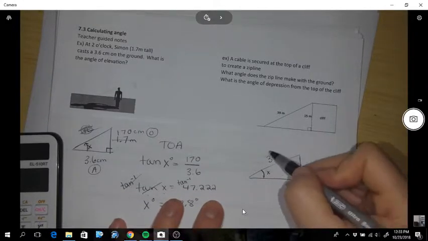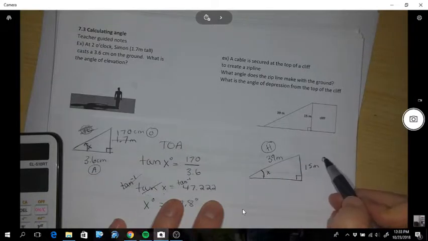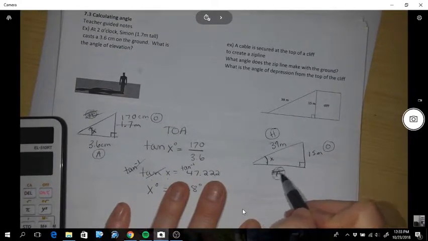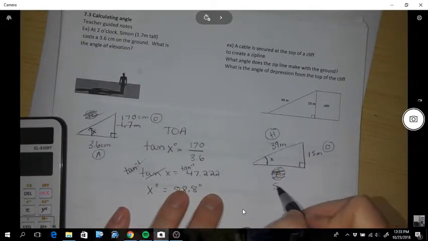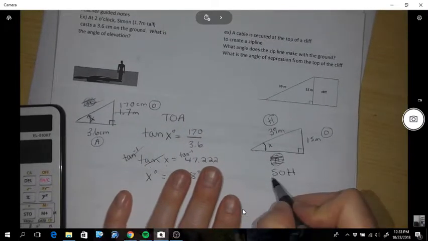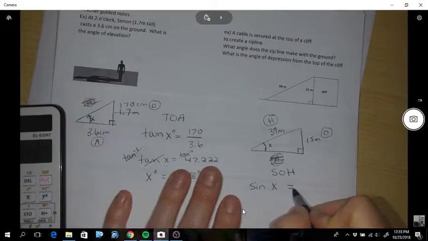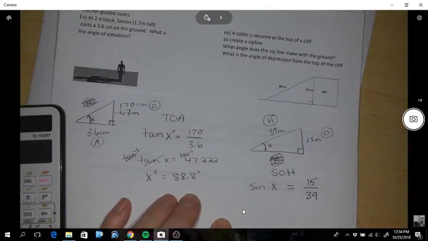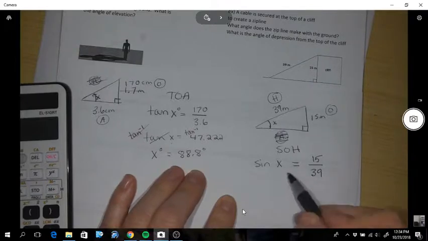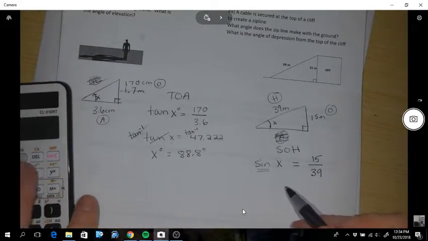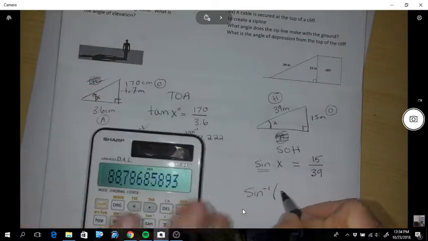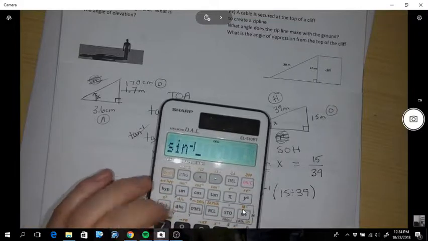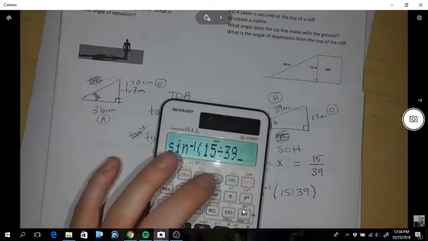Okay, so give me an H across the right. My angle, so this is opposite. My angle, so this is adjacent. Out of those three, I'm going to eliminate the A. It's not needed. So O and H means I'm using the SOH method. So the S represents the sine of the angle, and the fraction is the O on the top, the H on the bottom. Okay, so now because I'm finding an angle, I'm getting rid of the sine, so I'm sine inversing. So I'm going to sine inverse of that fraction. So that's what I'm typing in. I'm going to sine inverse, and I'm going to put this in brackets. 15 divided by 39 equals